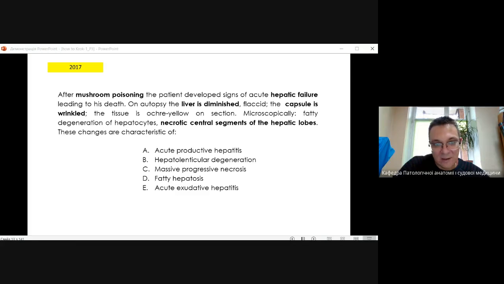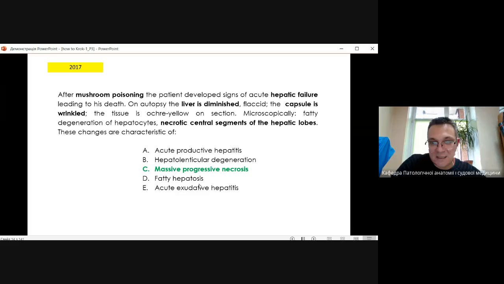What else? You propose C, massive progressive necrosis. Perfect. That's exactly what they are talking about. For sure, there's a direct connection. Necrotic central segments of the hepatic lobes. That's it. Nothing else. You see the acute hepatitis, hepatolenticular degeneration, which is the sign of the